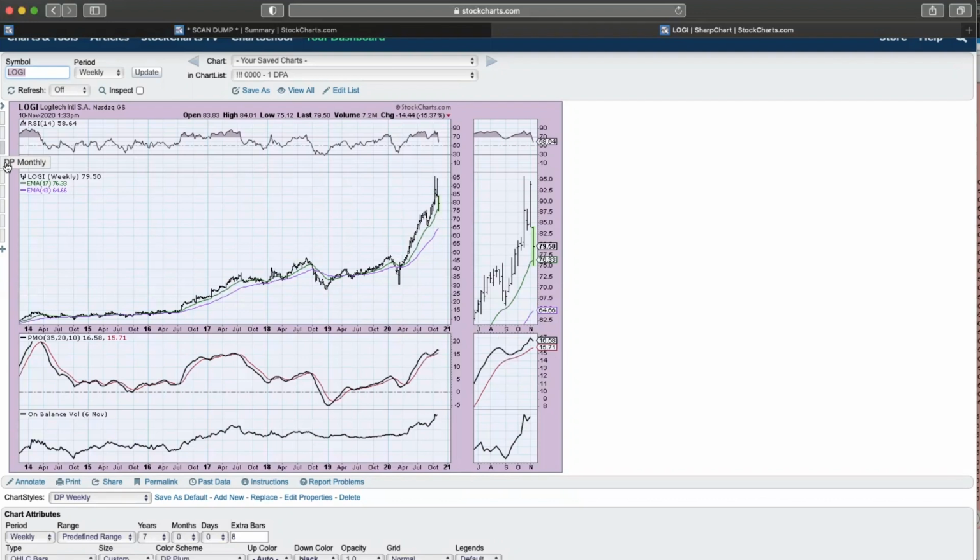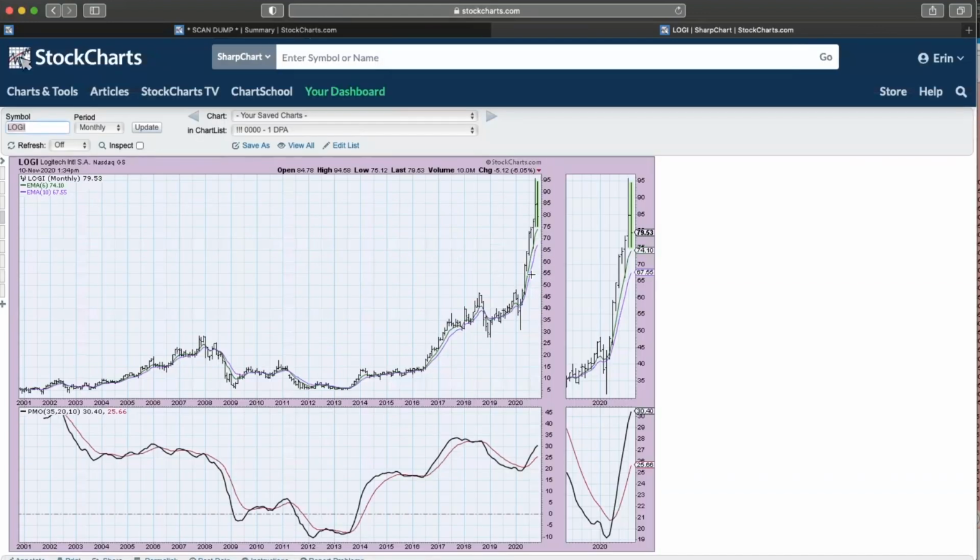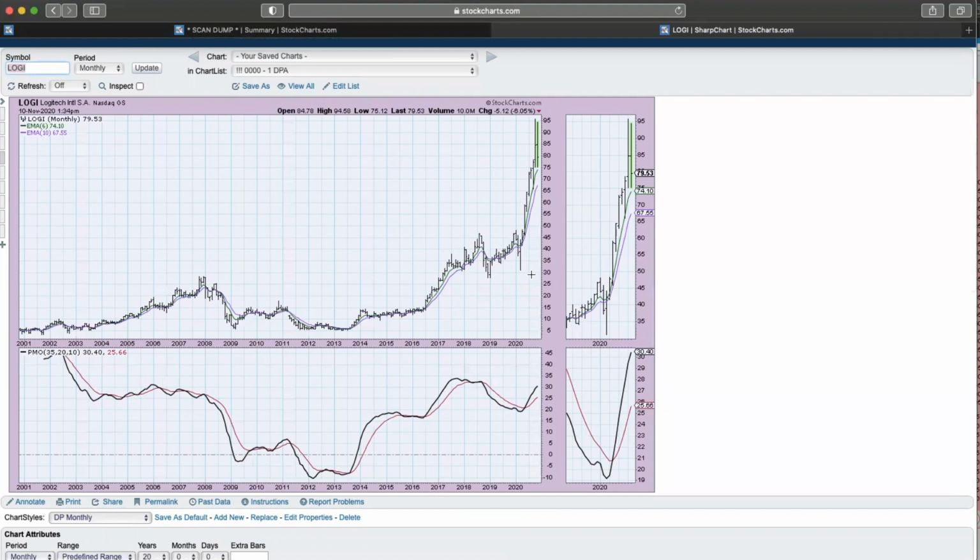Weekly chart, I'd say more neutral as far as an investment, but remember, daily chart, ugly. Weekly chart, meh. What does the monthly chart look like? Very, very nice. It's on a very steep rising trend, which can always be a little bit dicey, but based